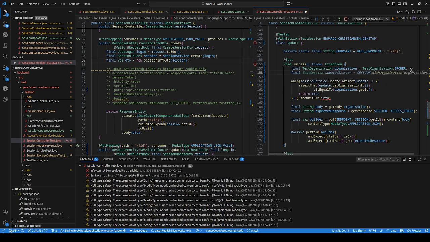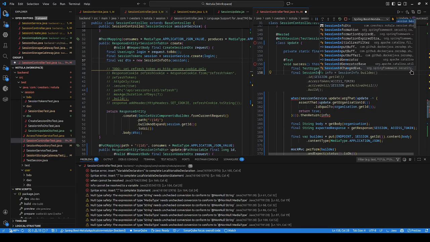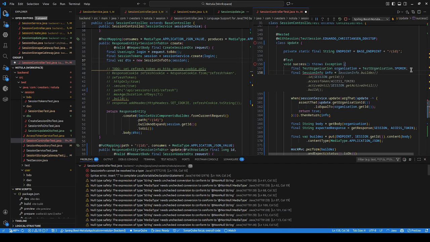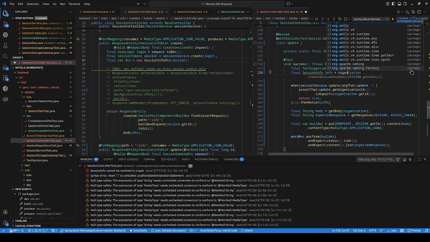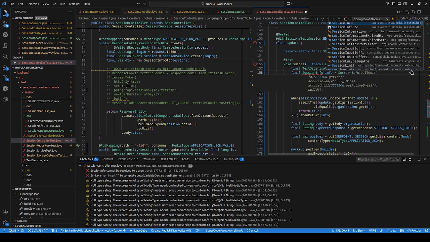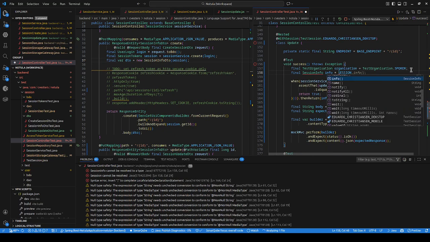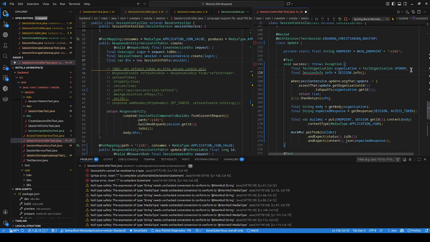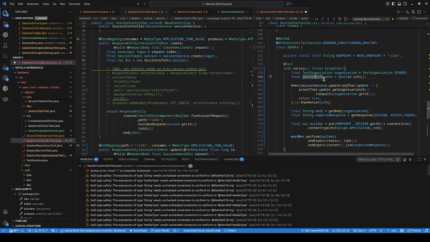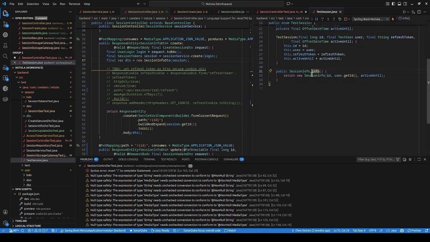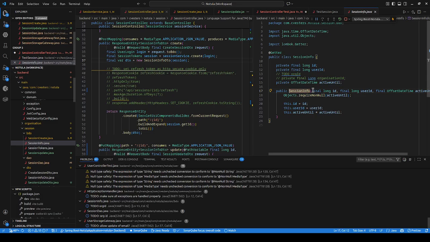Okay, final session info equals organization is equals session info. So this will now just return the regular info of this session. I don't think, can I set anything? I don't think I can even set anything on this. Nope. So I can't set the